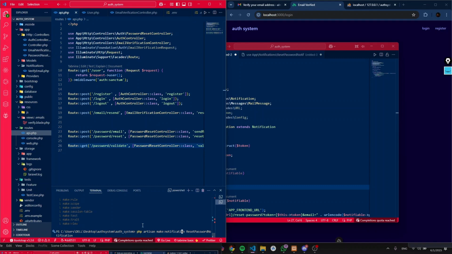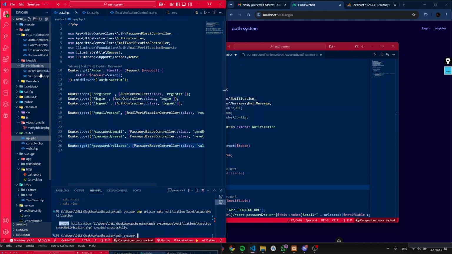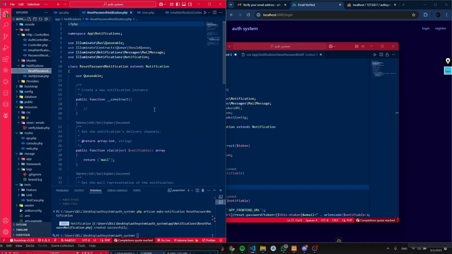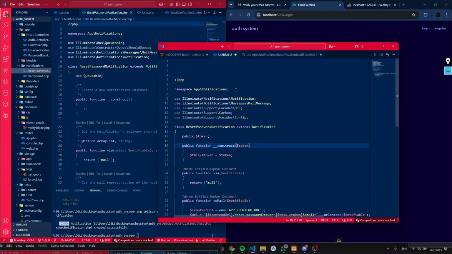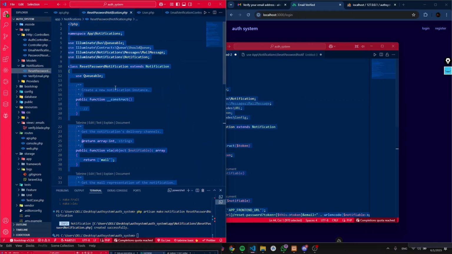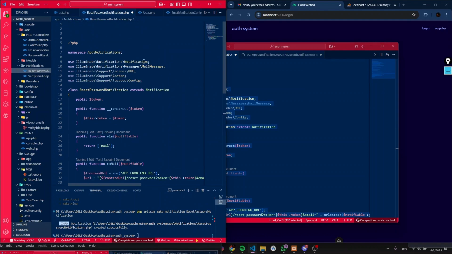So this will create us a new notification, and this notification will create the email. And just to let you know, notifications in Laravel are used to send SMS, emails, and even notifications. But that's why we're going to override it by using this notification. Okay, so let me just copy this. I'll put it right here. Let us explain. It's a class, and this class will take